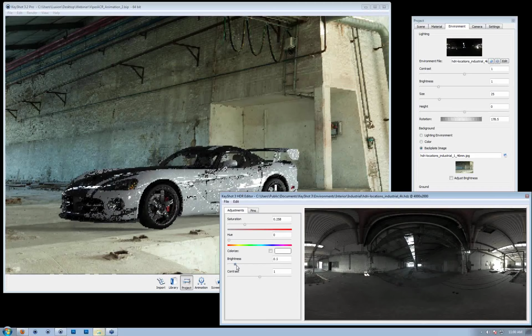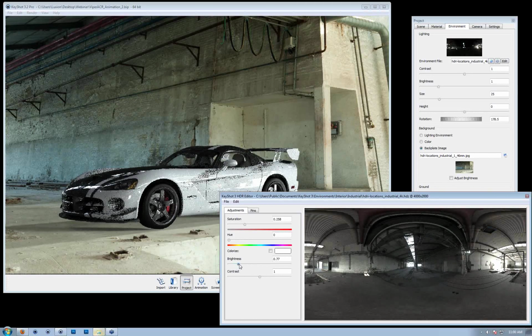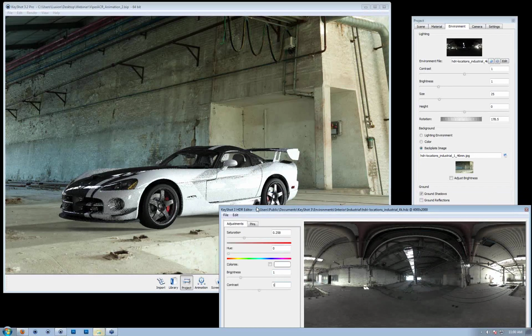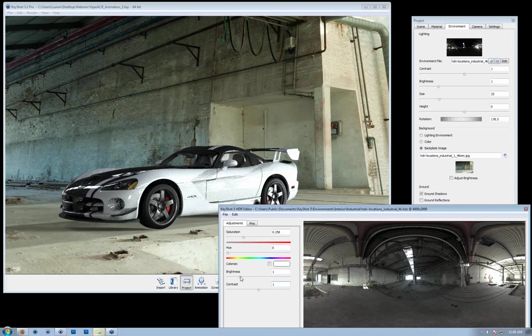So I might start here by bringing my brightness down overall to the point that it looks like we have the right kind of lighting on here, where it's not blown out. If we look at a value of 1, the default, the side of the car gets kind of blown out. The white paint is just reading too bright. So we can just nudge that down a little bit, maybe to about